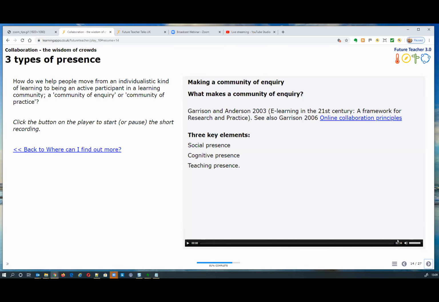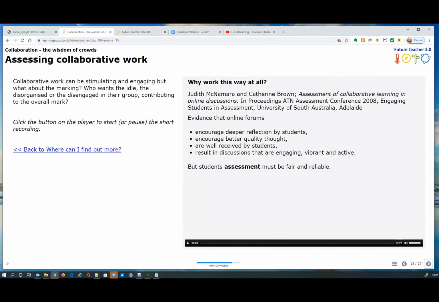Things we need to be aware of when we're asking people to adopt online tools include remembering to plan for the social presence. It's not just about you teaching, but about everybody learning together. It's a slightly different way of delivering learning. Make sure you're actually there cognitively, and also consider your teaching presence. Too much teaching presence can kill collaboration. So we wanted to highlight this page to think about the amount of presence that you have in your community. And on the next slide,